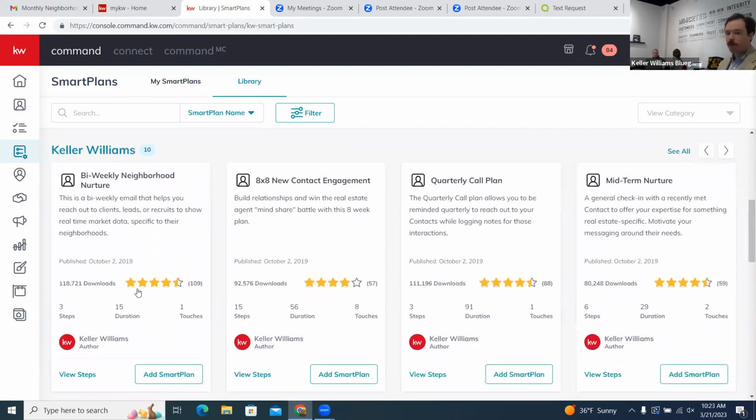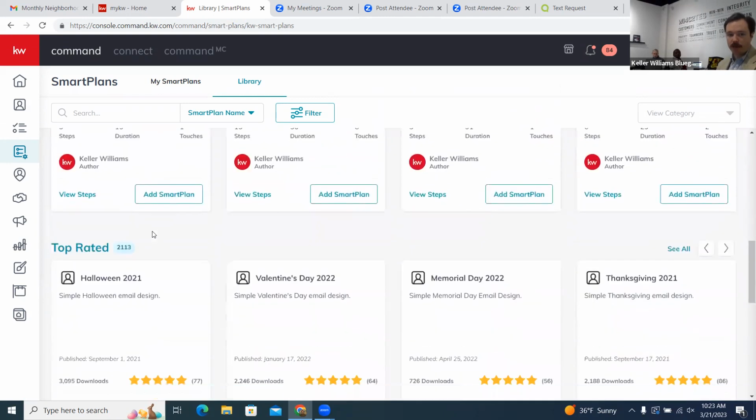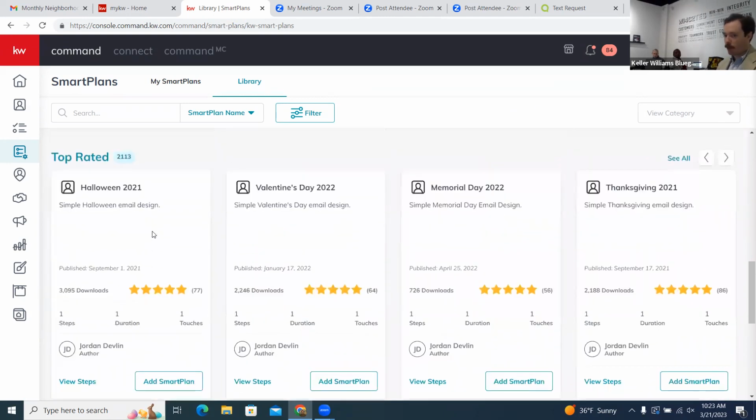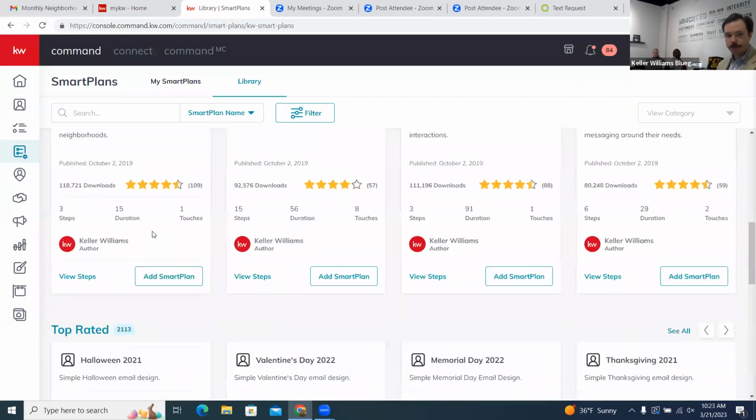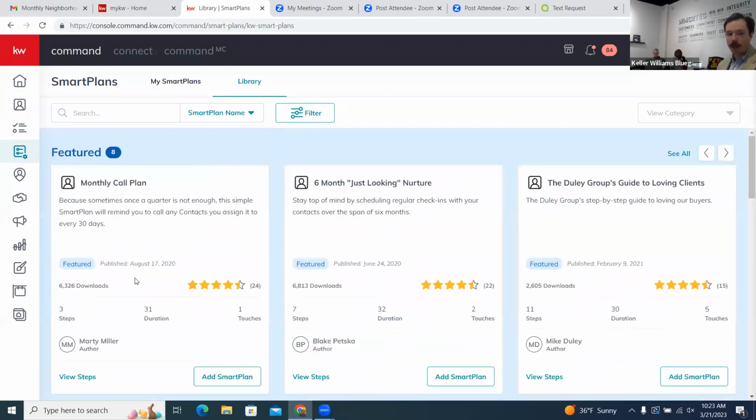Keller Williams published smart plans, things that they feel are very helpful and very useful. You can find those there, as well as top rated plans or what's new. So that's what the library looks like. Monthly call plan. We'll go back here for a moment just to say that if you want more information on